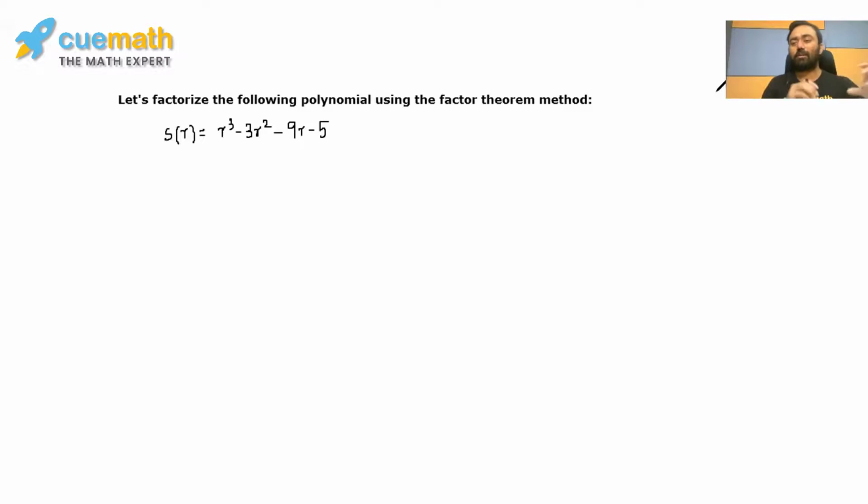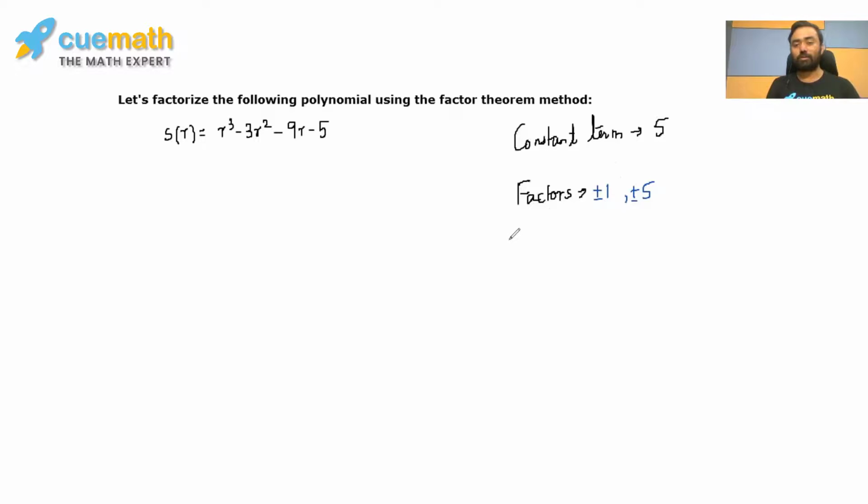So basically we'll not now list down ABC because we've already seen that if the coefficient of the term with the highest power is 1, then we just can take the constant term. So the constant term in this particular polynomial is 5. Now we'll take the factors of the constant term. So the factors of this would be 1 and 5. That's it. So basically we'll have to take both the signs. So plus minus 1 and plus minus 5.